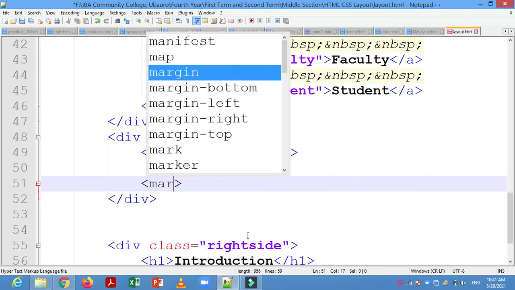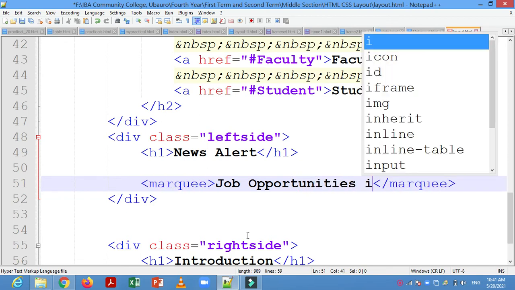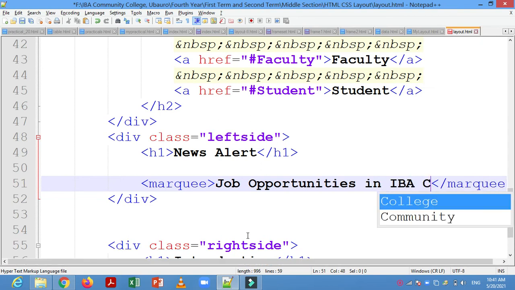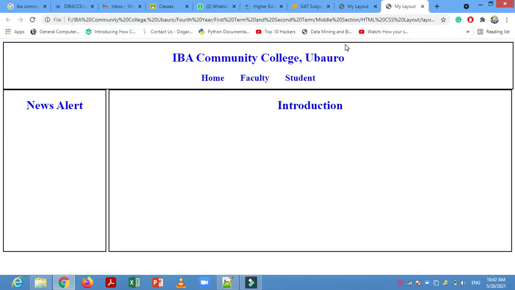Marquee is a tag that will rotate the text, will move the text from left to right or right to left or top to bottom or bottom to top. Okay, here you have to write down job opportunities in IBA CC. Okay, just save it, and here you have to refresh it.